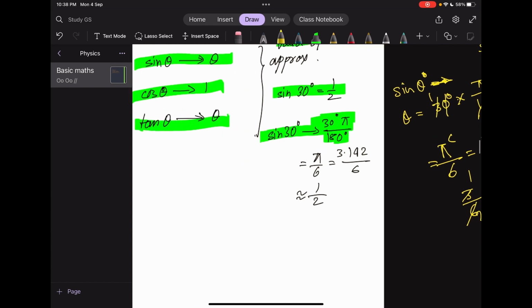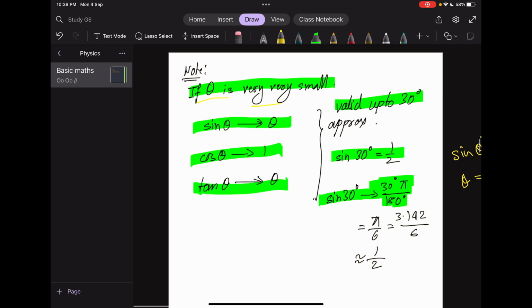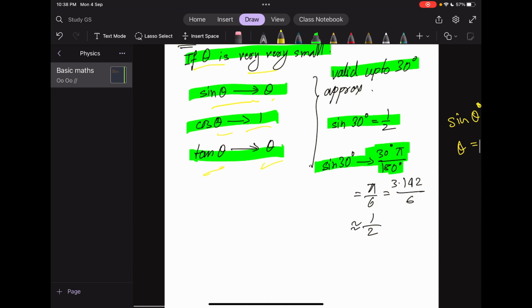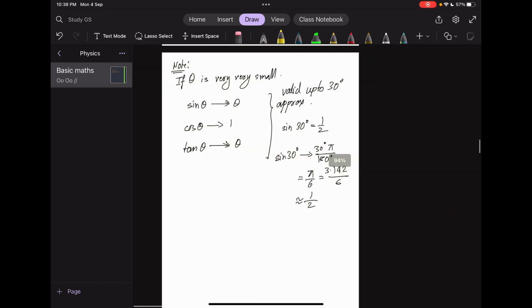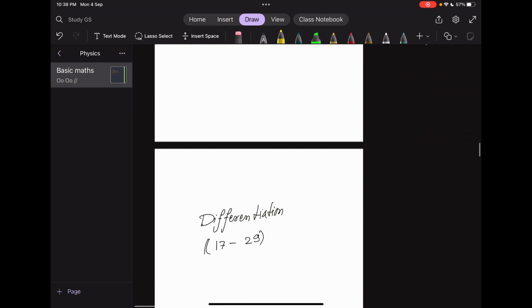So that's why if theta is very small, then sine theta is approximately equal to theta, cos theta is approximately equal to 1, and tan theta is approximately equal to theta. Okay, so here it is about trigonometry. Now we'll move into differentiation,